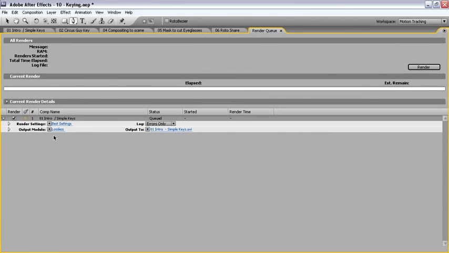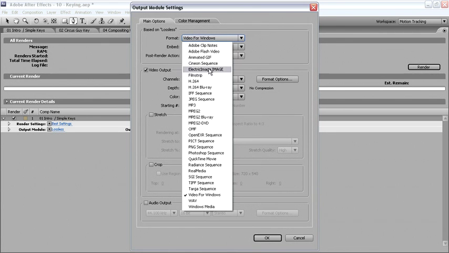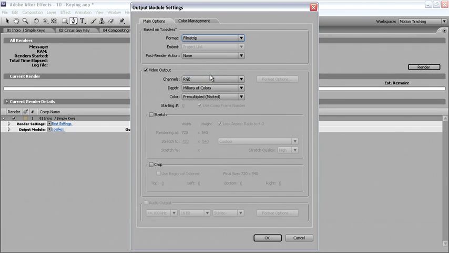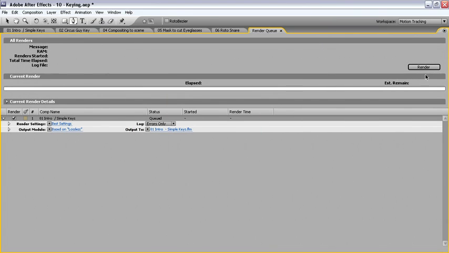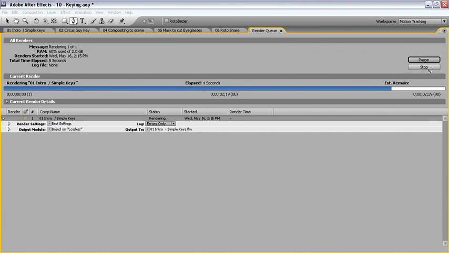Under the output module, you see that we have a lossless value for our format for the video. Rather than choosing video for Windows or QuickTime, we can navigate down and choose a film strip. Film strip will allow an artist that doesn't have Photoshop CS3 to work on the individual frames in a sequence. With film strip selected, I'll go down and select OK, then render it out. This will even allow artists who have versions of Photoshop that are earlier than CS3 to work on a series